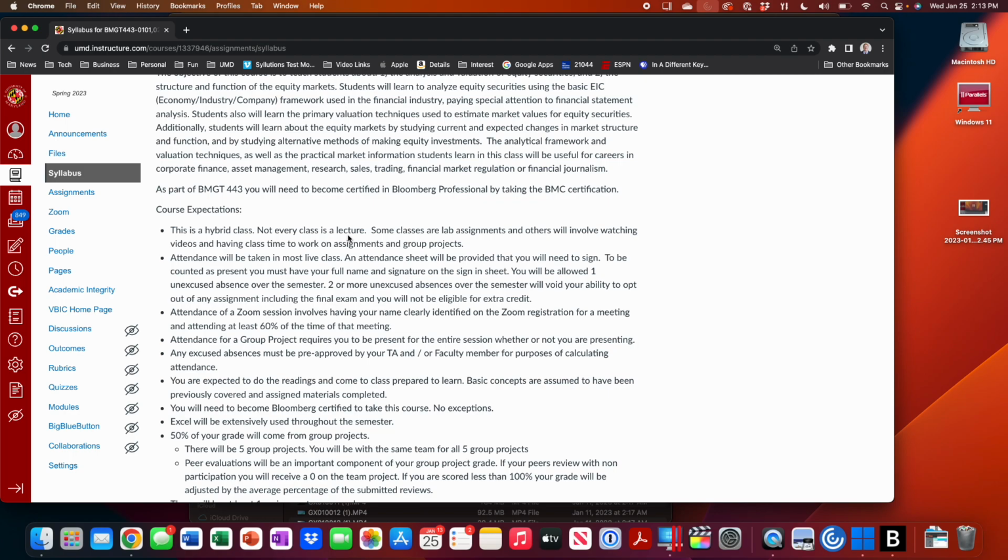That's important because one unexcused absence is okay, but if you have 2 or more unexcused absences, you won't be able to opt out of the final exam. So the privilege in this class is if you show up and you do the work, and you do well in the work, you won't have to take the final exam. Okay? If you miss more than one class with an unexcused absence, you then have to take the final exam. Last semester, 110, 120 out of about 160 students opted out of the final exam. Okay? And I hope almost every one of you can.